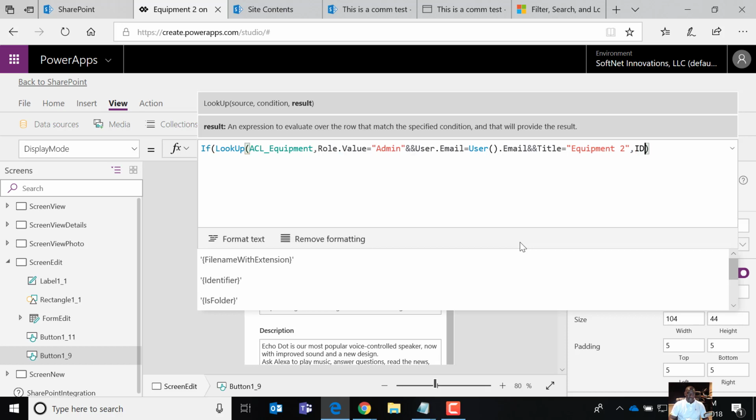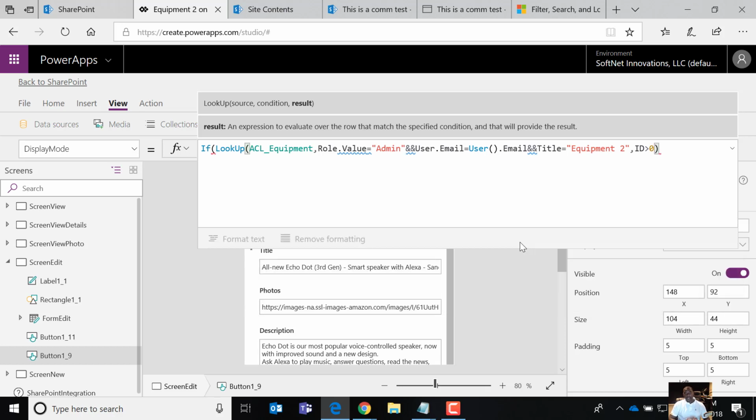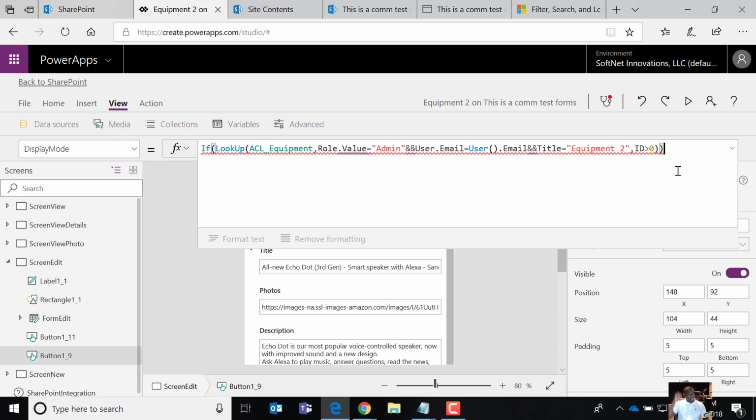And here, because I know ID is going to spit out blank if there's not a match, and then the actual number if there is a match, and I know the ID from a SharePoint list can never be 0, I'm going to say where the ID is greater than 0. So if there's not a match, this is going to be false. If there is a match, it's going to be a number which is going to be greater than 0, and it's going to be true, right? So that's just one of those tricks. And this is going to save you a lot of